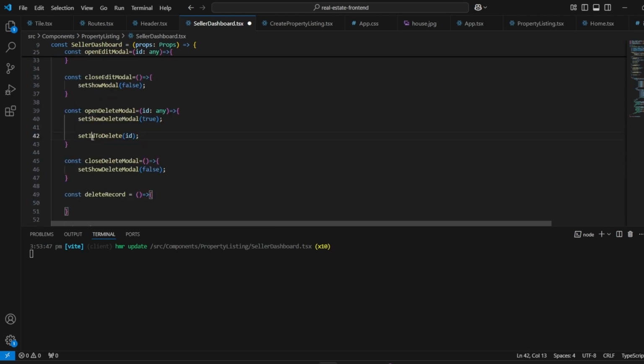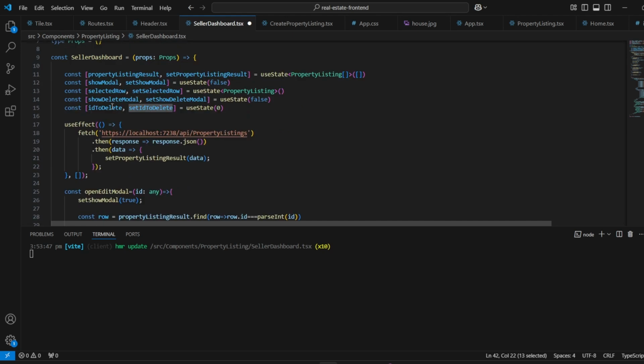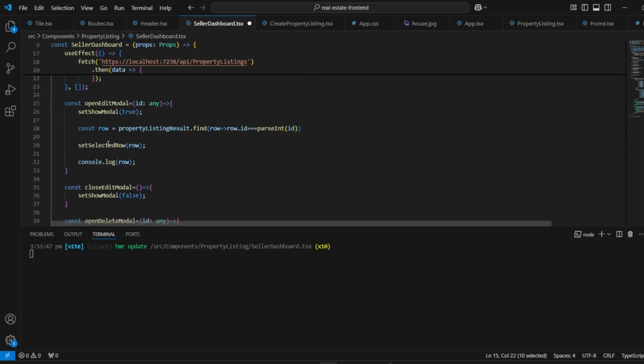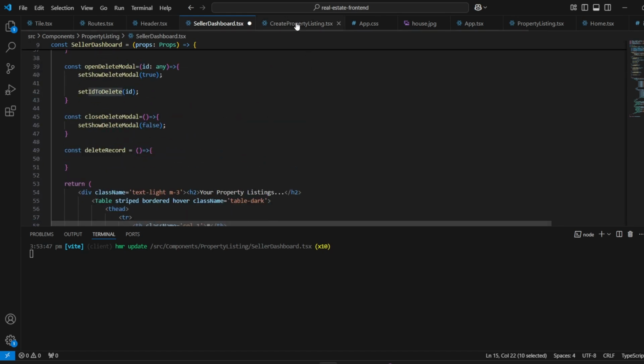Now, through this state variable, I have the ID to delete. What I'll do is, I'll simply utilize the